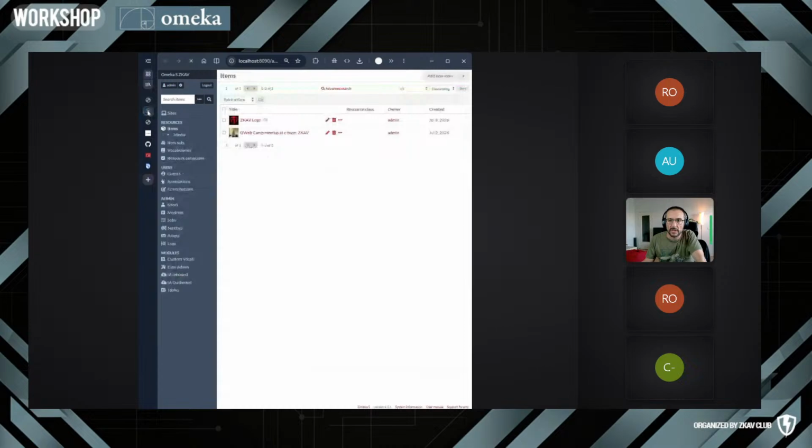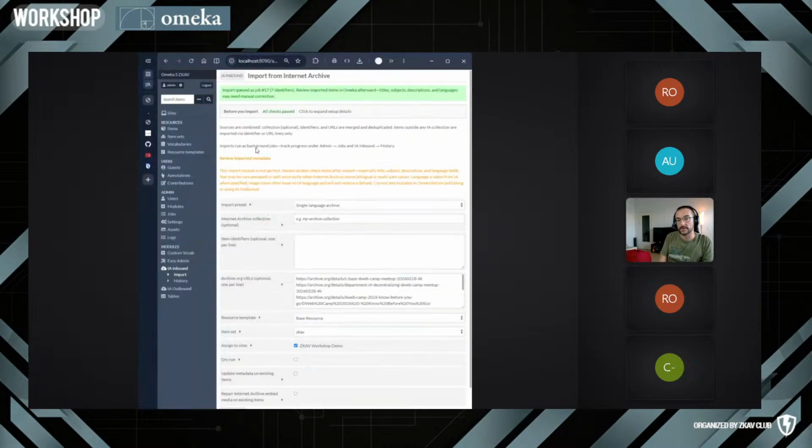So you add something, and then it's importing it from Internet Archive. So this is one way that you can do it, and then you also have the outbound one, right? These are the two modules that you wrote. So the outbound module works